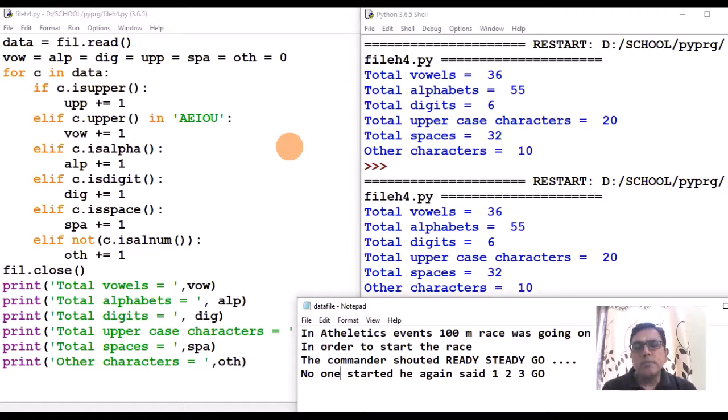Or if you are asked to display the total number of spaces, again in order to count spaces, if you do it manually, how will you do it? First you will count this space, then this space, then this space. So after reading the contents, you have to check each and every character of the data file whether that character is a space or not, and if it is a space, you will increment the counter by 1, and otherwise not. So you may have certain variations in this, but this is how you can process a data file, and you can process individual characters from a data file.